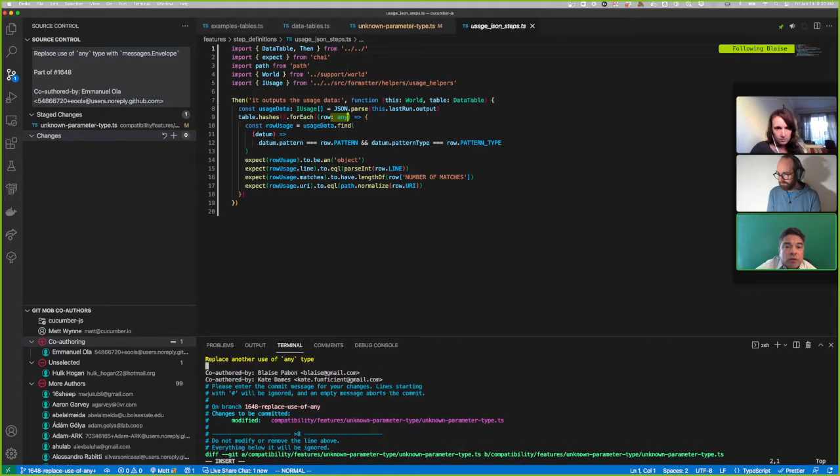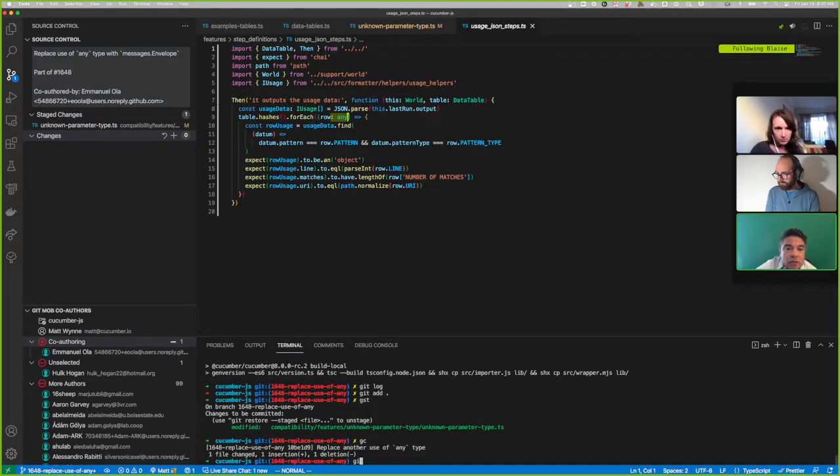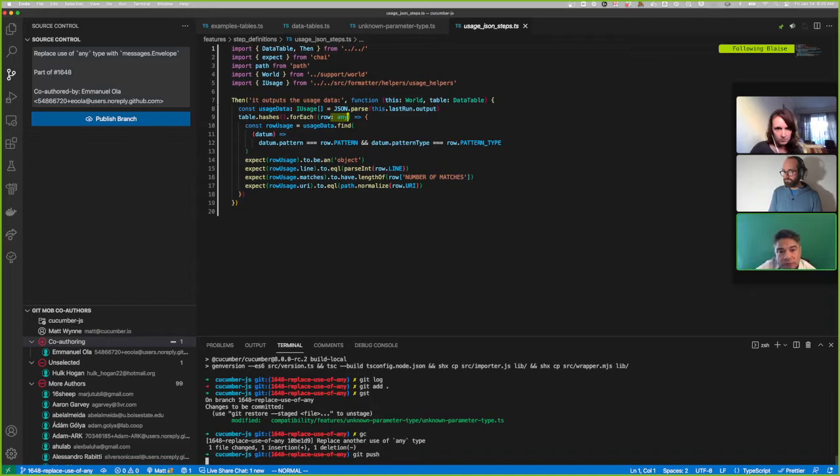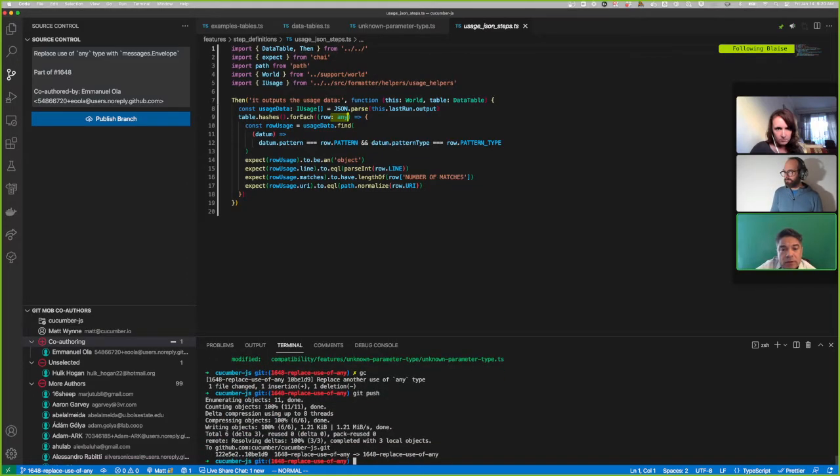Imported class world. Oh, I see. Okay, got it. There's a class world and there's a world, whatever, type. Yeah, so there's a standard world that you get from Cucumber that you can also import, but this one here,